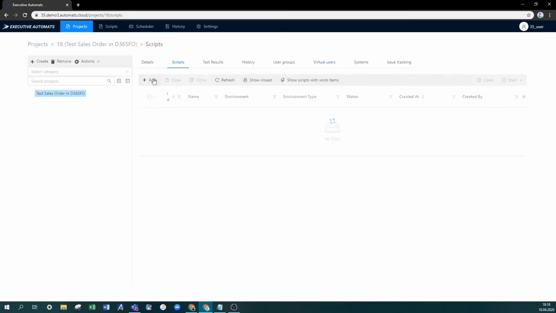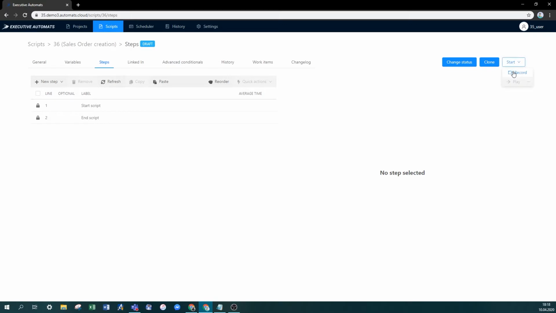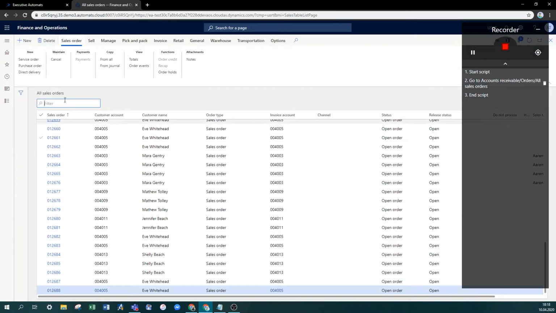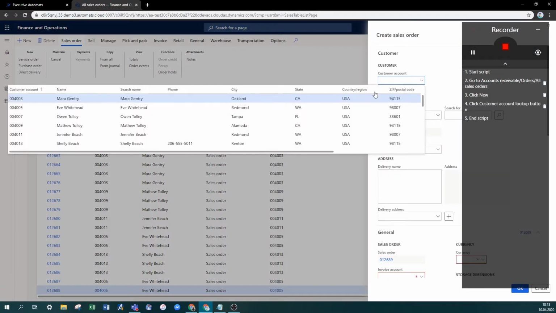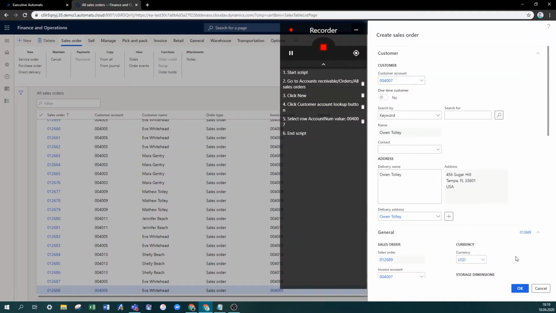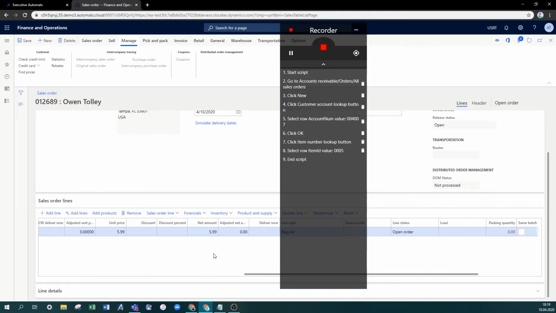Now we can create our first script. This will be sales order creation. Let's start recording and simply go through the process as if we were testing it manually. We will go to all sales orders, click New, select the customer Owen Tolley, and click OK. Now we will select item number 0005, we will enter discount value 1, and we will use the picker option